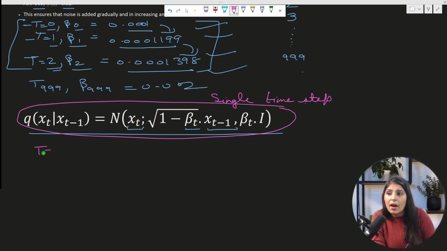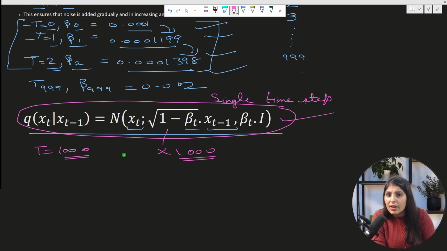But how many times do we have to perform this process? For 1000 times, right? Because as we have discussed, we want to get a pure noise, and as per the paper, we are going to have 1000 time steps, meaning you will perform this step 1000 times and then you will get a pure noise. But the formula which I've shown you here is for a single time step. So one thing is, you can run this formula 1000 times and you will get the pure noise, but that is going to be a time consuming process. You are going to rerun this formula 1000 times, right?